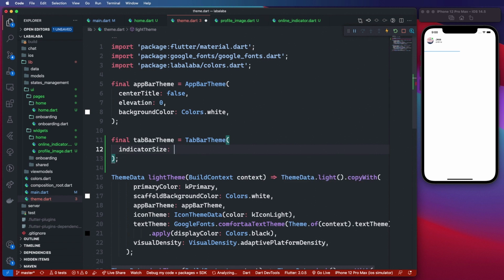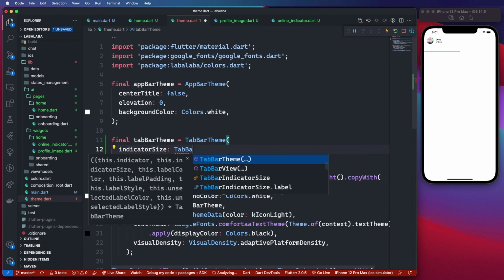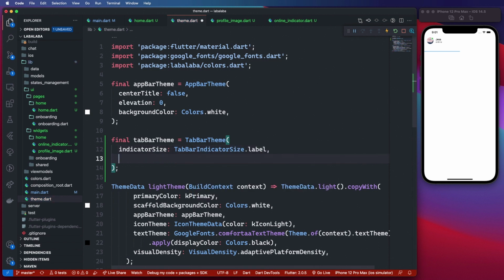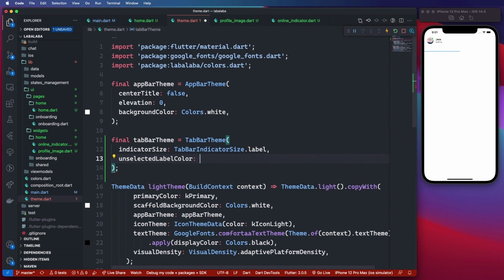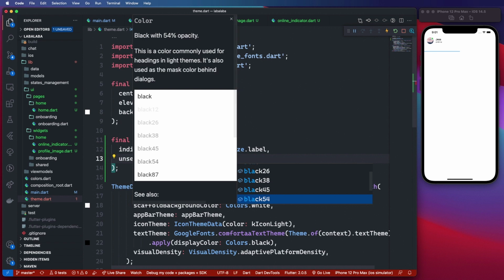So I'm going to set the indicator size to be tab bar indicator size label. I'm going to set the unselected label color to be black 54,